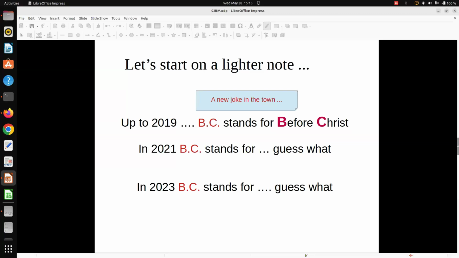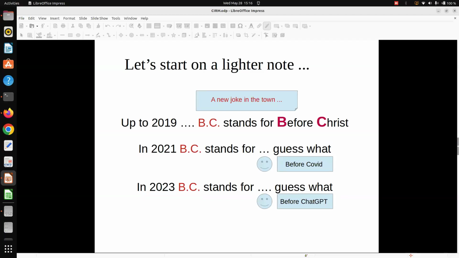Up to 2019, we all know AD and BC, Anno Domini, from the time of our God, and BC, before Christ. Then all of a sudden in 2021, the BC abbreviation changed, because life before COVID and after COVID was not the same. And again in 2023, with the introduction of ChatGPT, another great thing happened.